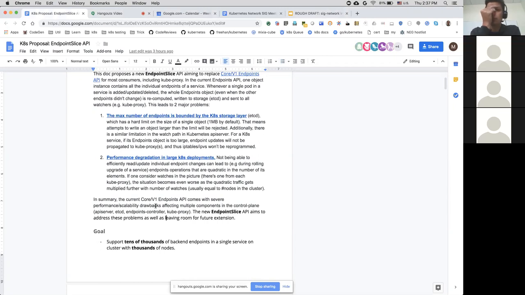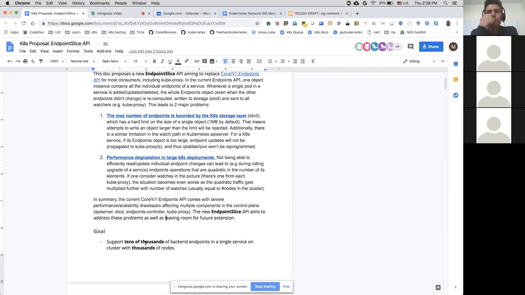Secondly, because we put all the endpoints in one object, it suffers from the n-square problem, where one endpoint change results in distribution of all the endpoints to all the nodes. So when this happens at scale, with many nodes and many endpoints, and a rolling update happens, the aggregated bytes transmitted through the network is quite high.